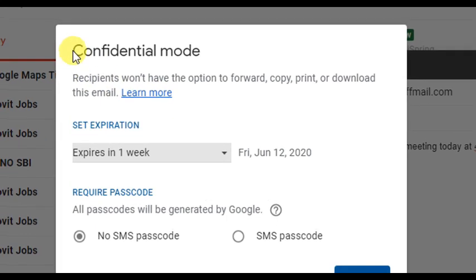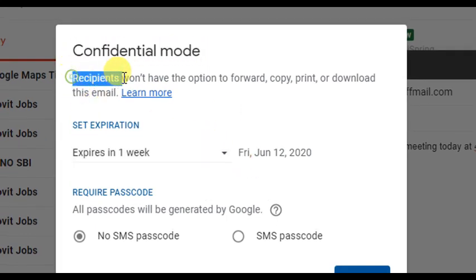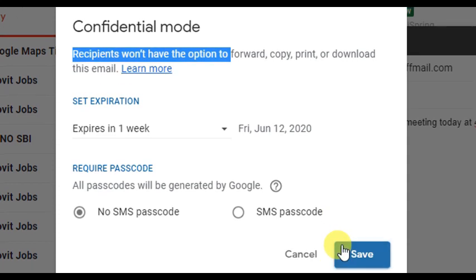You can see here the confidential mode, and you can see the recipient won't have the option to forward, copy, print or download the mail. Means whoever receives this mail cannot copy, forward, print and download.